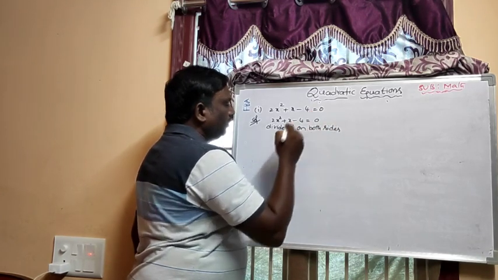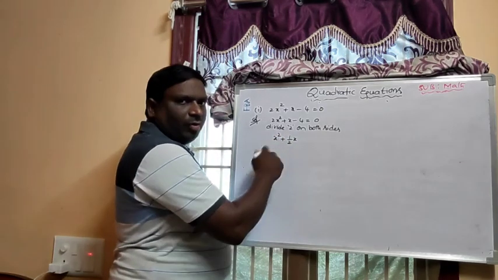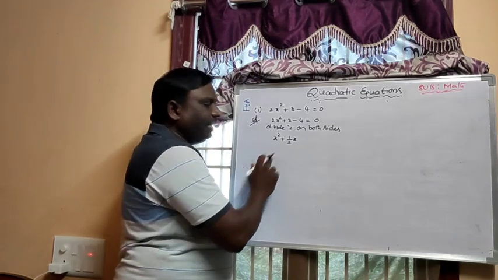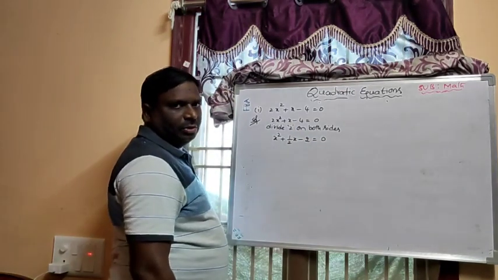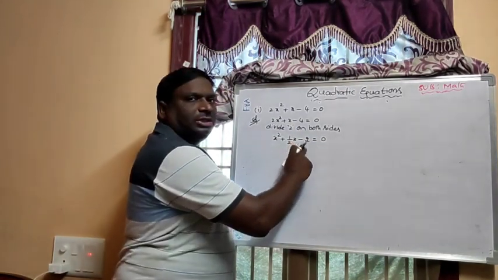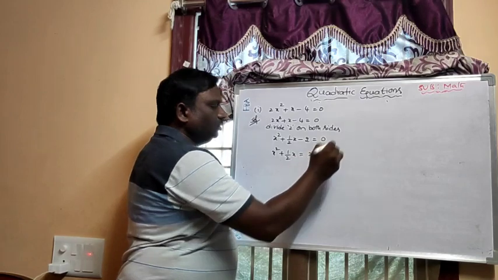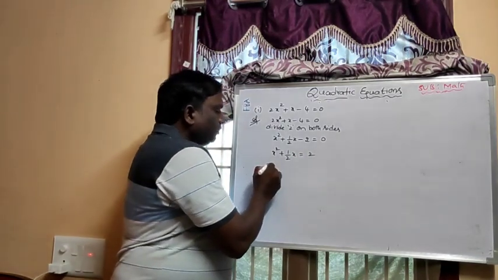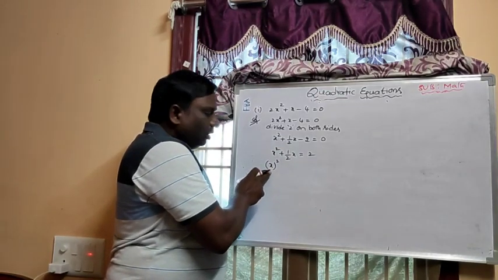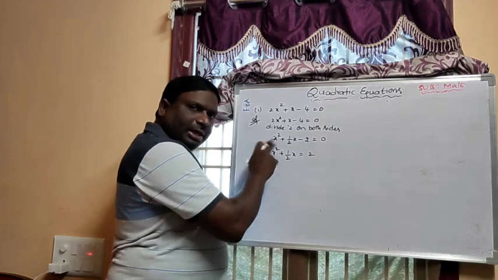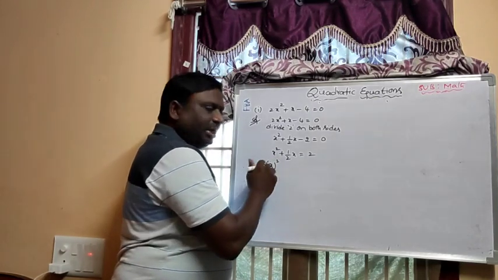So x square plus 1 by 2x, actually x by 2 or 1 by 2 into x, both are the same, minus 4 by 2, that means 2, equal to 0. The second step is you can take the constant term to the other side. Then it will become x square plus 1 by 2x equal to 2. Here you can make x whole square, a square. I am deciding a and b in this step. I am taking x as a, so a whole square is x whole square. In each and every question, a whole square is x whole square when it is the completing square method.